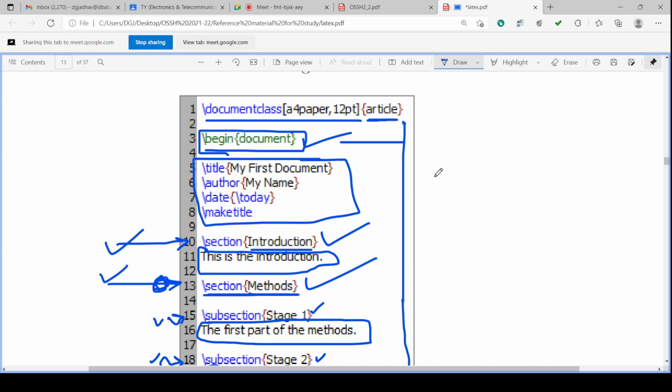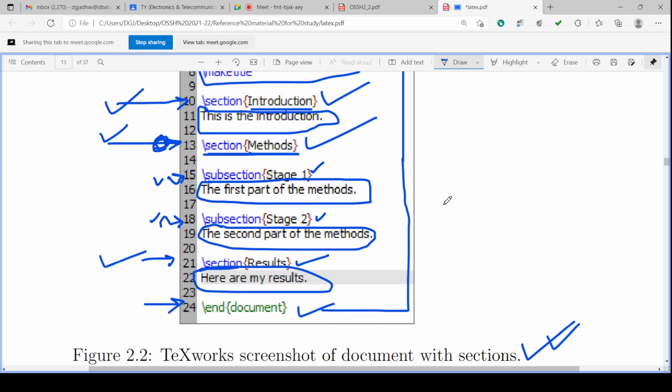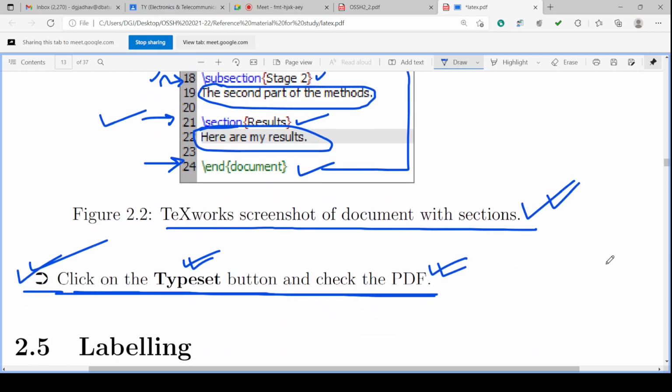It is of article type. The PDF will have a title at the top of the document. Then the author name will be there, and the date will be there. Then the PDF will have the sections Introduction, Methods, and subsections under Methods, like Stage 1, Stage 2, and again the last section, Result. And below that the plain text will be there.